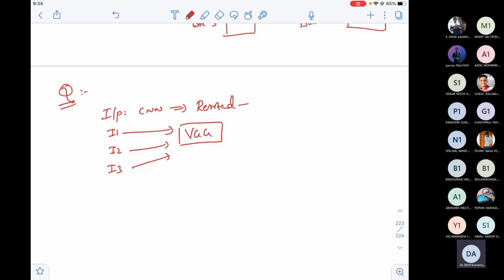What is the minimum size that was expected? It is actually 224 cross 224. That means any image, I don't bother about your input image size. If you want to apply VGG, you need to resize all those images to 224 cross 224. Actually, nobody asked me in the lab, nobody asked me in module 3, why should I resize? Is it a mandatory requirement? What happens if I don't resize? Shall we see that? We'll see.